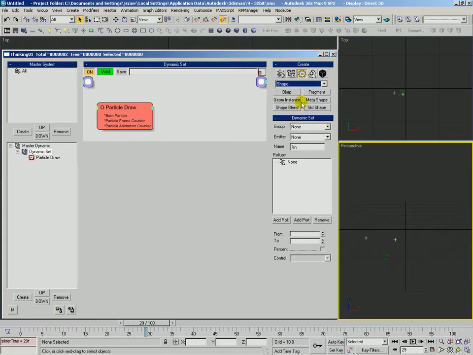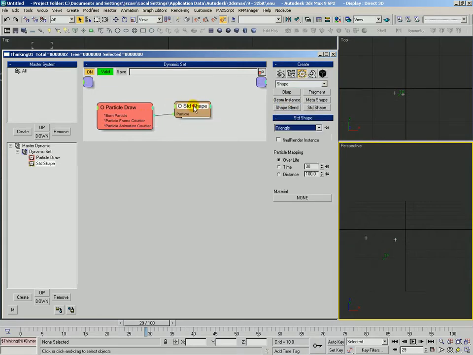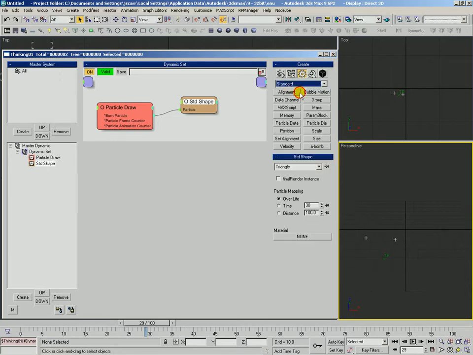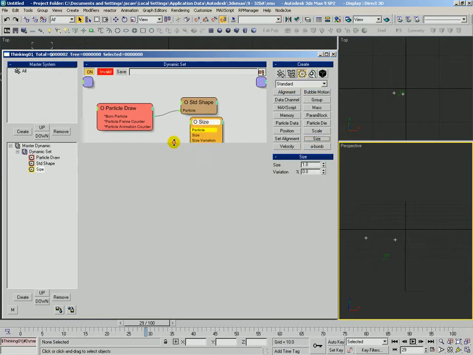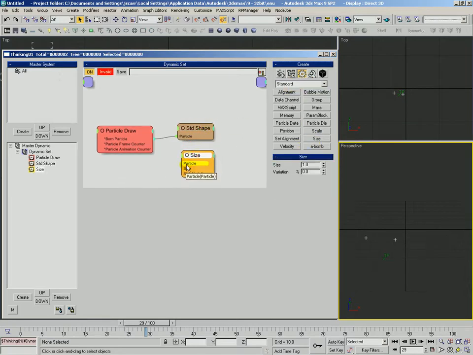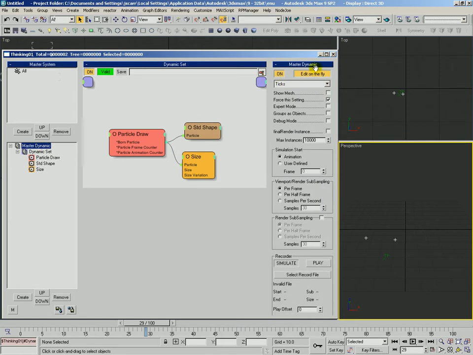We'll come up to the operators, shape, standard shape, and then of course we're going to need a size operator, since neither particle draw nor standard shape has a size setting. We'll increase that. Now in order to see these updates again, we're going to come up to Master Dynamic, turn